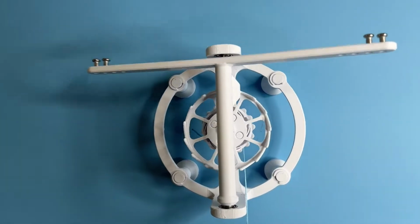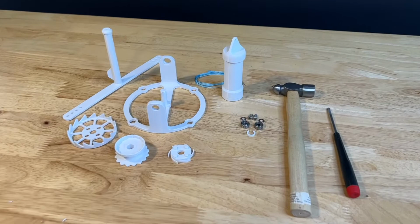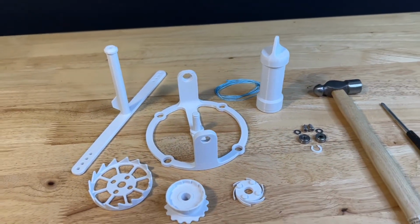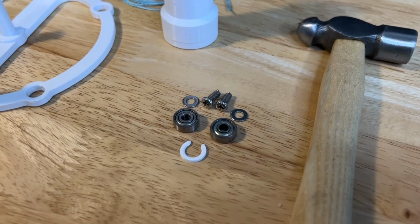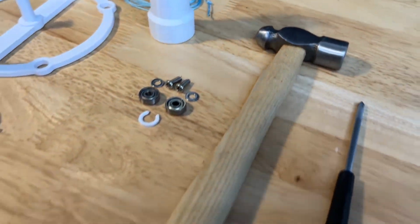In this video, I'm going to be showing you how to assemble the Verge Escapement. So all the files can be purchased from jbvcreative.com. If you haven't yet, get those files printed. You're going to need some additional parts for this escapement. The full parts list is included in the download package, and you're going to need a hammer and a screwdriver